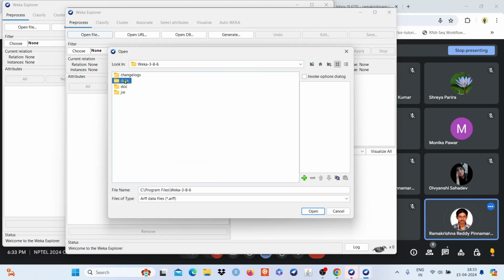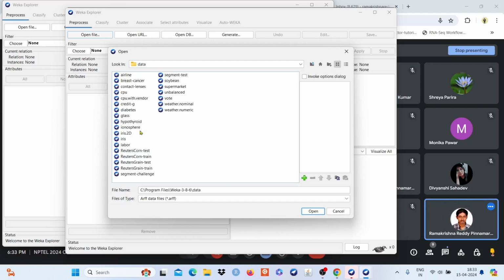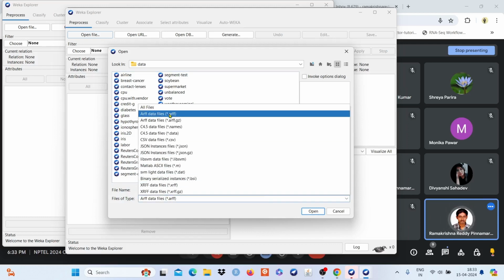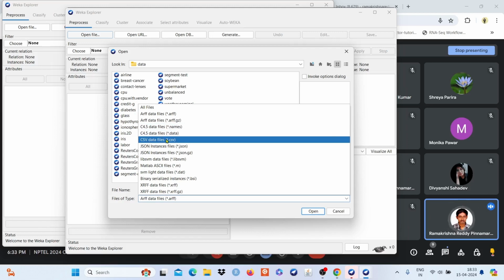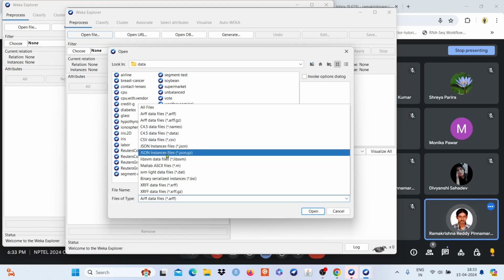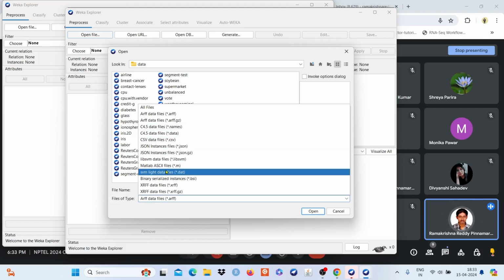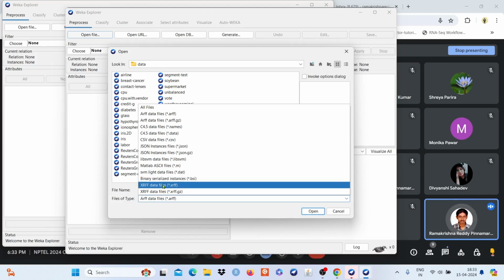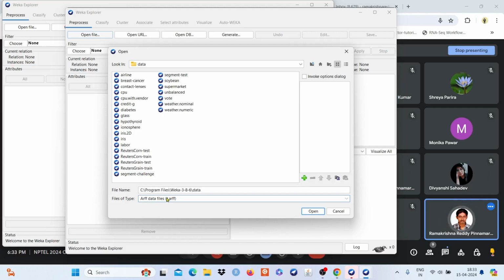So we have data. These are the set of ARFF format files that are available. Weka initially was developed only to access the ARFF format, but recent versions of Weka also accept the CSV file. You can see what file formats Weka accepts: ARFF, C4.5 files, CSV files, JSON files, MATLAB files, LIBSVM files, binary files, XRFF files. So here the examples are,